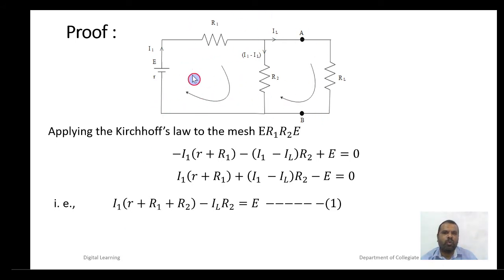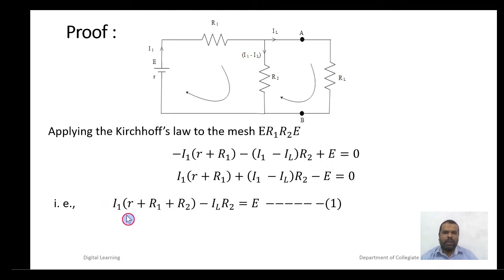Here we have two meshes or loops, E R1 R2 E and A RL B R2 A. Applying Kirchhoff's law to the mesh E R1 R2 E: minus I1 (r + R1) minus (I1 minus IL) R2 plus E is equal to 0, or I1 (r + R1) plus (I1 minus IL) R2 minus E is equal to 0, or